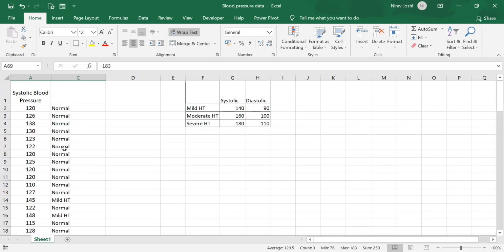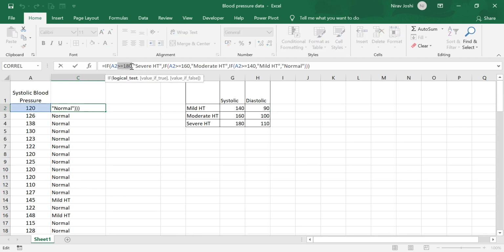The other way to do this is, we go from the lower to the higher level. That is, we can do like this, that if A2 is less than 140, that is this level, then we want it as normal. Okay, let me write the whole formula again. Then it is normal. Then next one, if it is less than 160, then it is mild hypertension.